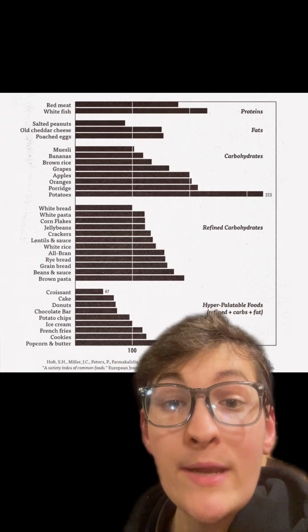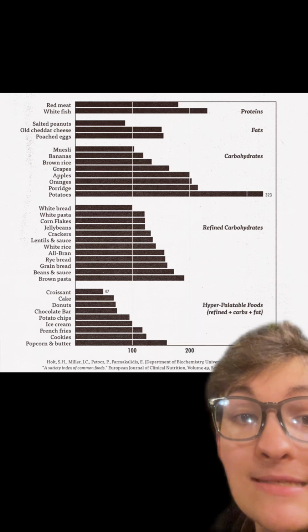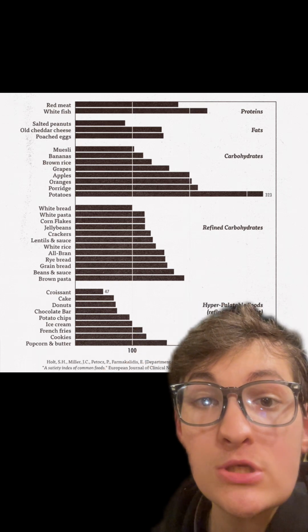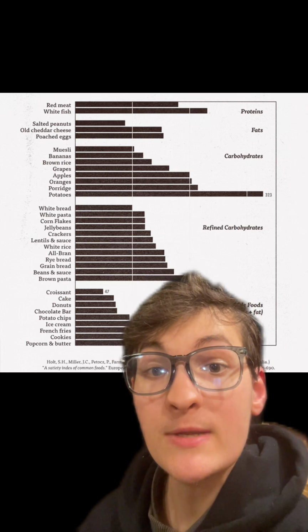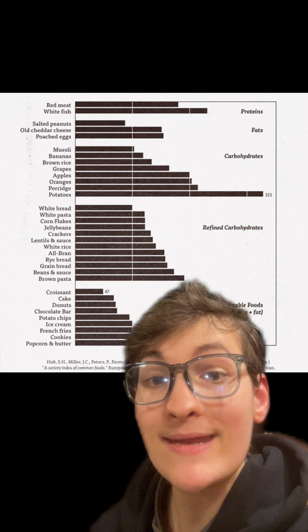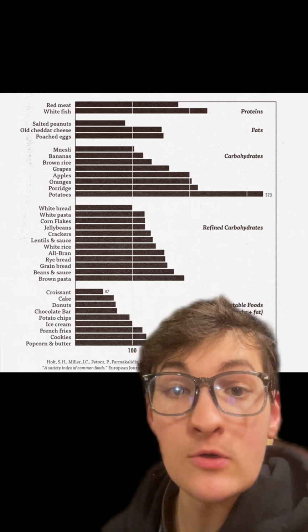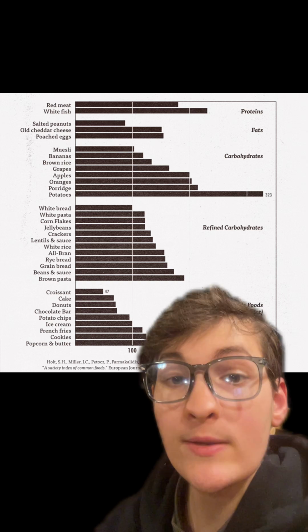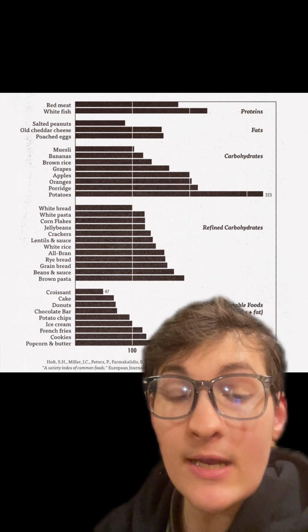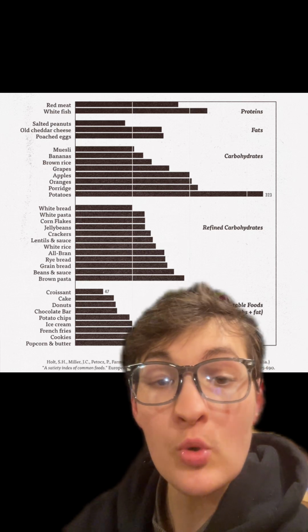With that being said, a white potato is actually the only food on the satiety index that gets the highest score of all foods. In fact, a boiled white potato is more satiating than things such as red meat, white fish, porridge, and eggs. And this simply wasn't studied in sweet potatoes or purple potatoes, so we technically can only give this contribution to the boiled white potato. However, sweet potatoes and purple potatoes, in my experience and my clients' experience, are also extremely